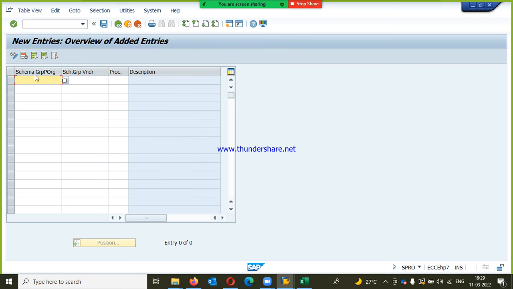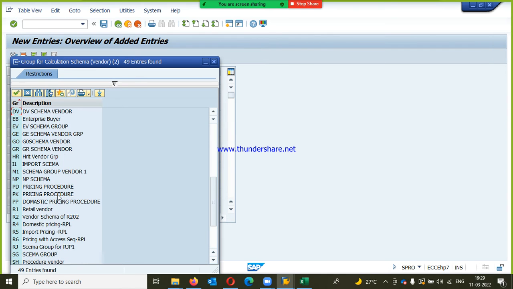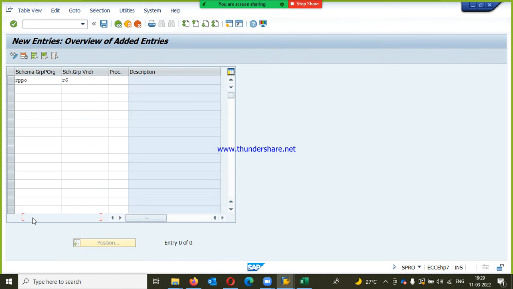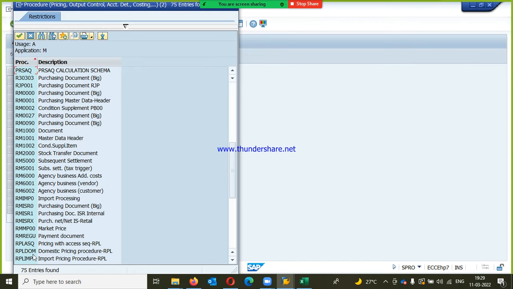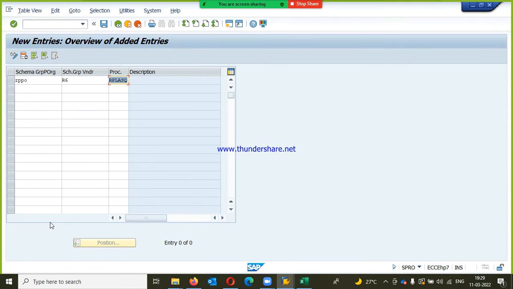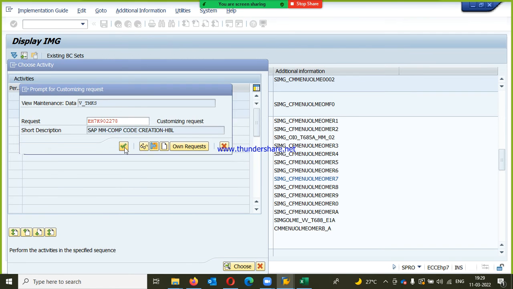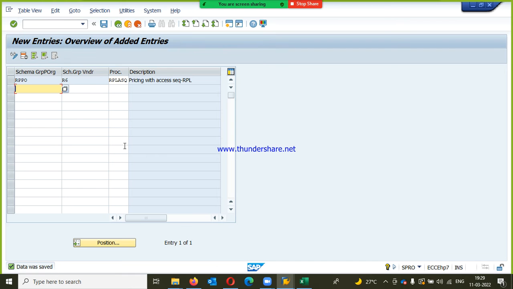Here click on new entry. Schema group purchase organization RPPO, schema group vendor I'll take R6, and procedure RPL. Yes, save. Okay, this is